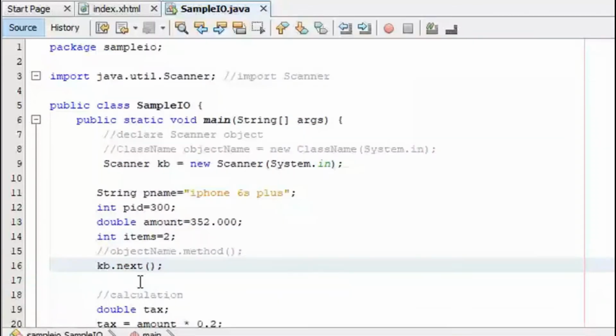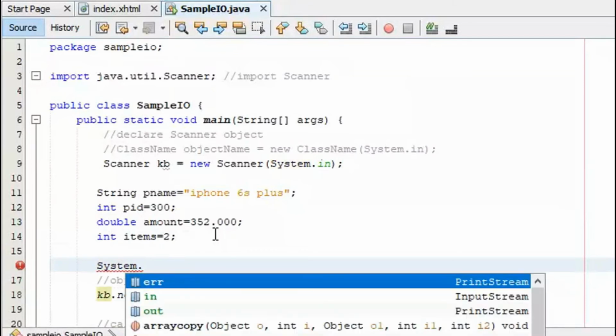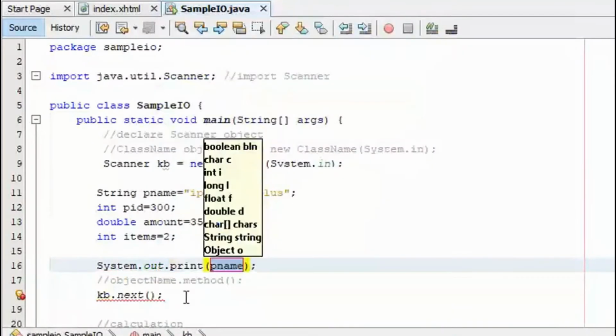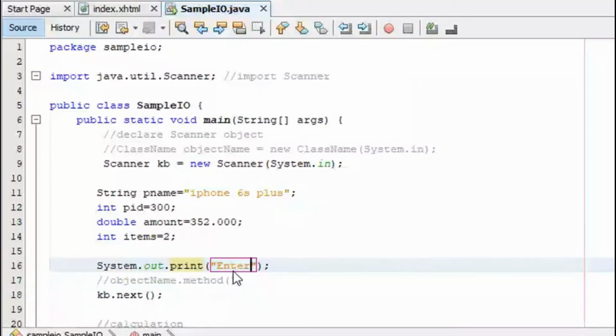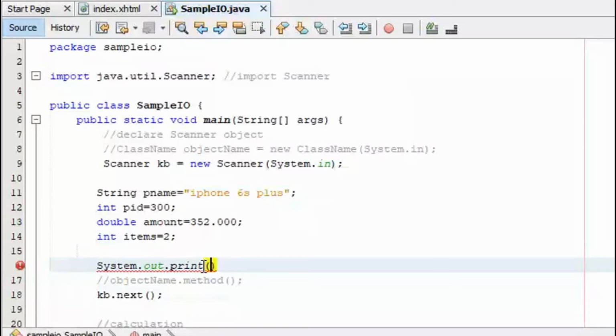Now, if I am going to input here, where will I save that? Say I want to put a prompt. Let's put a prompt first. A prompt tells the user what the user must input. So I will use print line, and then double quotes. I'll put here, Enter. I don't want that box so that you don't get confused. Let me just type it. Anyway, I know the syntax. I will say Enter. This is just for the prompt.